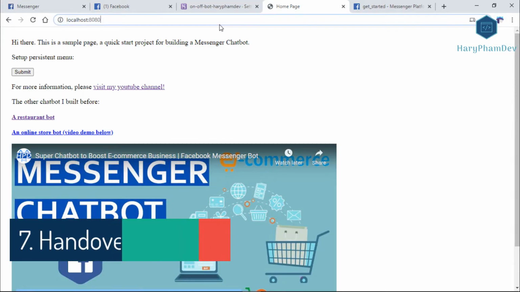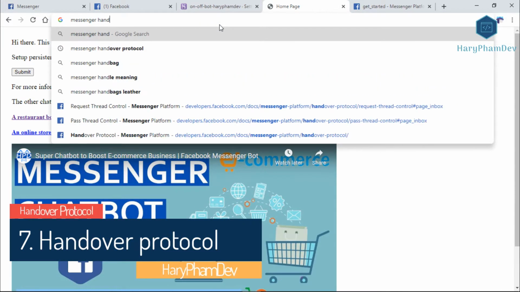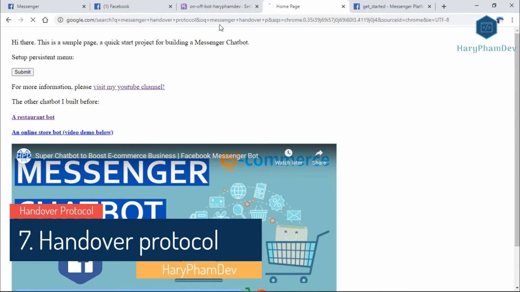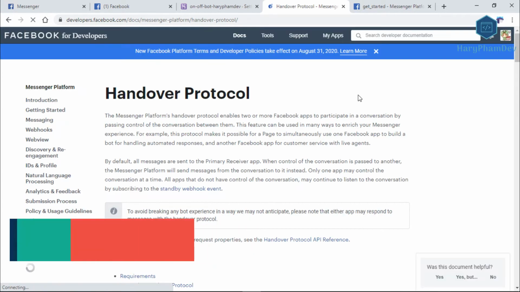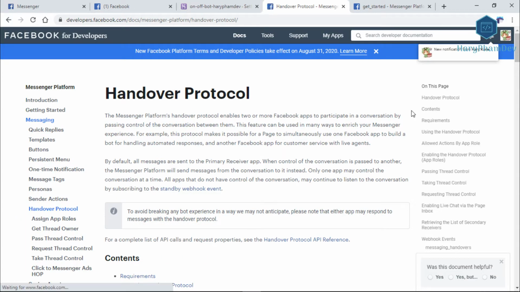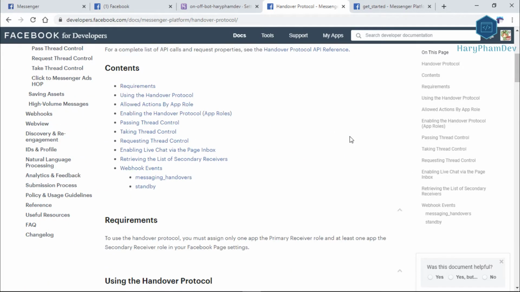Until now, we have already done the basic setup. The next feature is to talk with a live agent. To enable this feature, we need to use the Facebook Handover Protocol. As I mentioned at the beginning of this video, we use the Handover Protocol to enable a person to support the